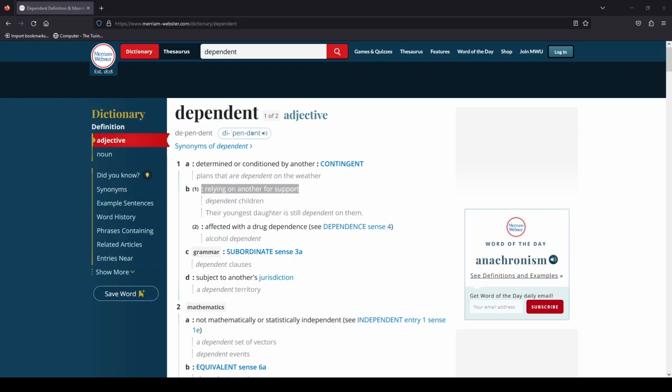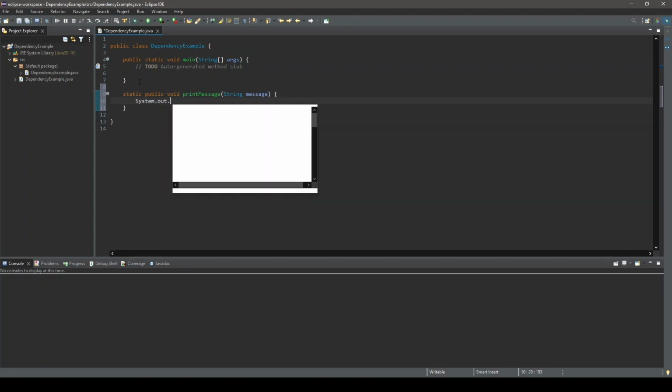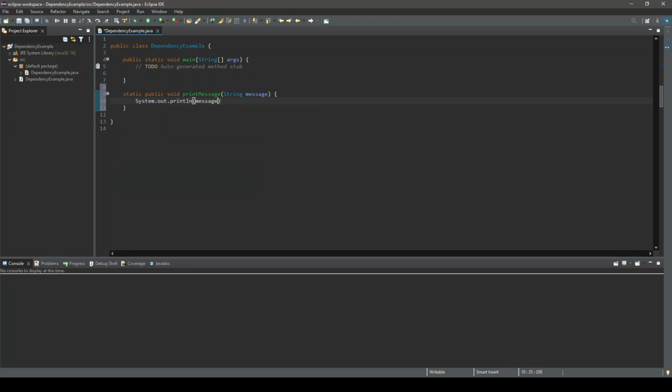Looking at an example, let's create a method that is dependent of the string class. We'll create a static public method with a return type of void, and the method will be called printMessage. The method will take one parameter, and the parameter will be a string object. The contents of the printMessage method will be a simple printline statement that will print whatever string is passed when